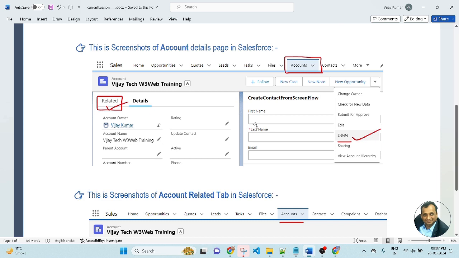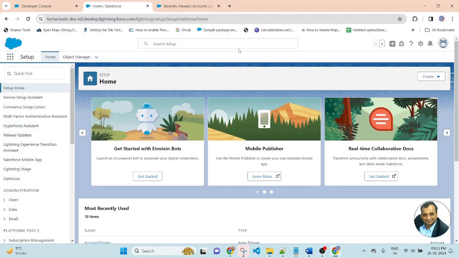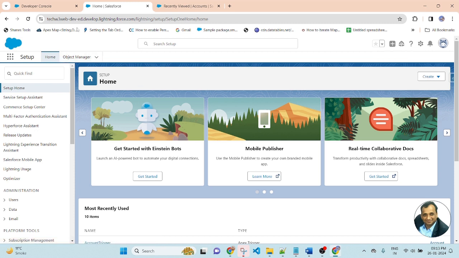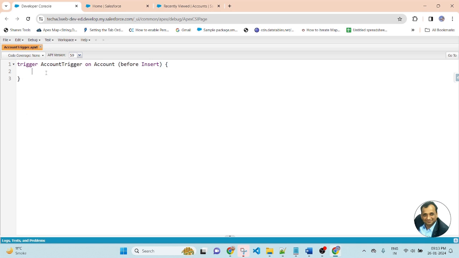So friends, we will achieve this scenario with an Apex class trigger in Salesforce. Now let me jump to my Salesforce org, where we will see a live demo example. So let's get started. So friends, this is my Salesforce org. First, go to setup and open the developer console so that we can write the Apex trigger file in Salesforce. I already opened my developer console.